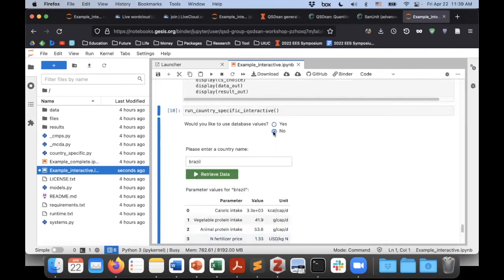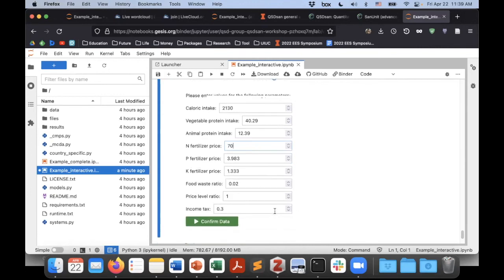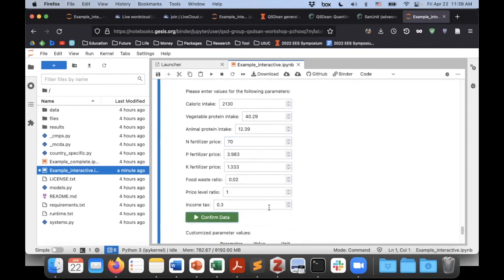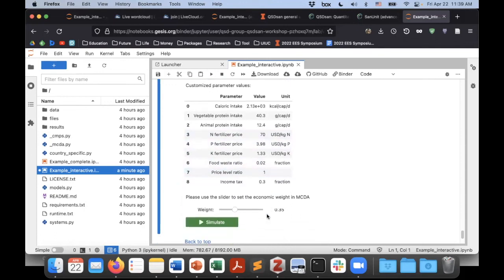If we want to put in some number here, you can try to put in some numbers. For example, if we consider a crazy selling price of the national fertilizer for a hypothetical country, for whatever reason, that country has no fertilizer at all. So fertilizer value is $70 per kilogram. Okay, so here's the data we want to use, $70 USD per kilogram. National,